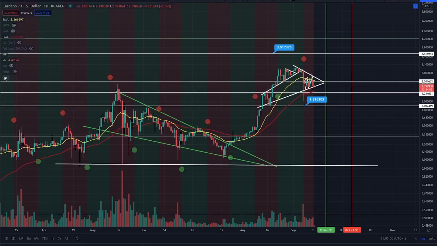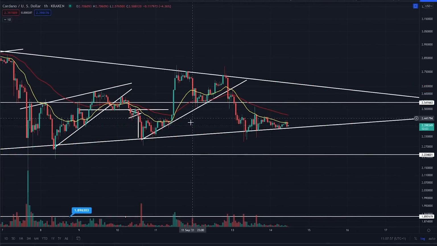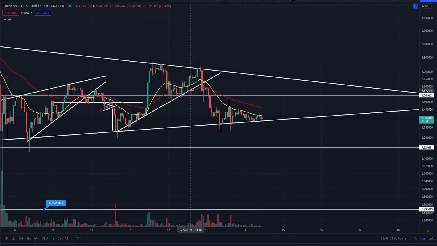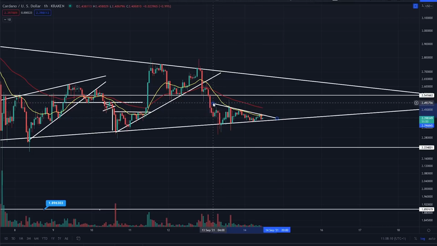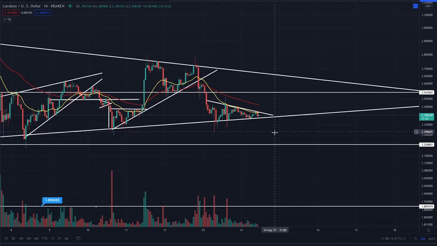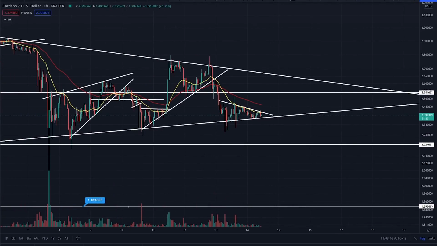So let me drop this in right now and have a look on the 4-hourly time frame, see what we can see. Okay, so just looking at Cardano on the hourly time frame here, there is some kind of horizontal going on at the moment. We did have a horizontal there as well that broke out to the upside, obviously, but we have got this horizontal, and I do think that some kind of break is coming quite imminently here for Cardano. So if you do start to lose this key level of support just there on this trend line, look, you're coming into some kind of apex, some kind of break is coming.